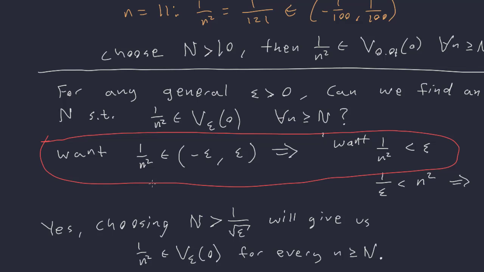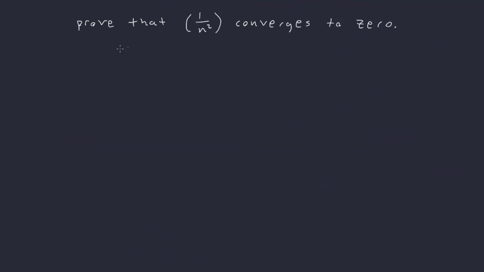Okay, so we will do that once I clear the screen here. All right, so here's our prompt. We want to prove that the sequence 1 over n squared converges to 0. All right, so proof. Here's how they always start. We're going to let epsilon be greater than 0 and choose,